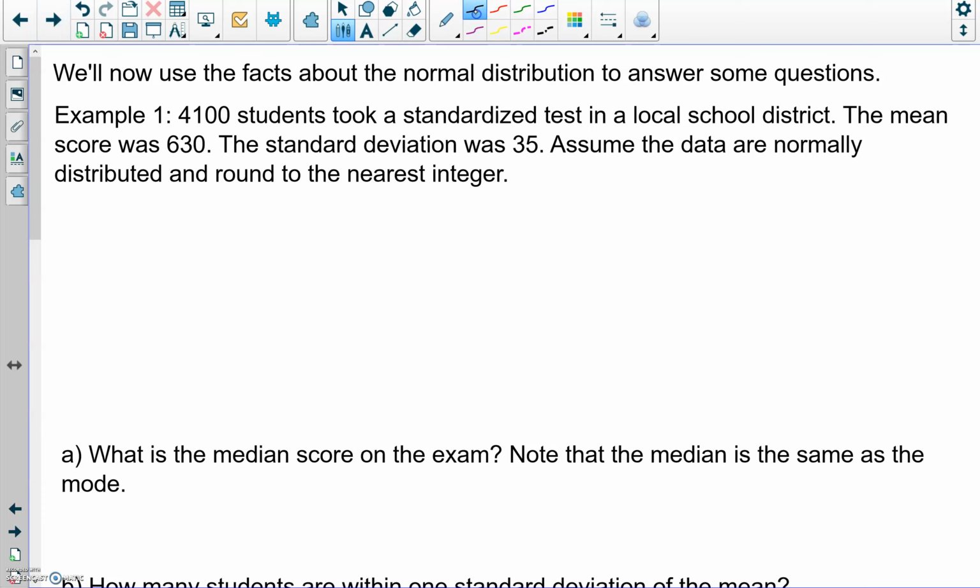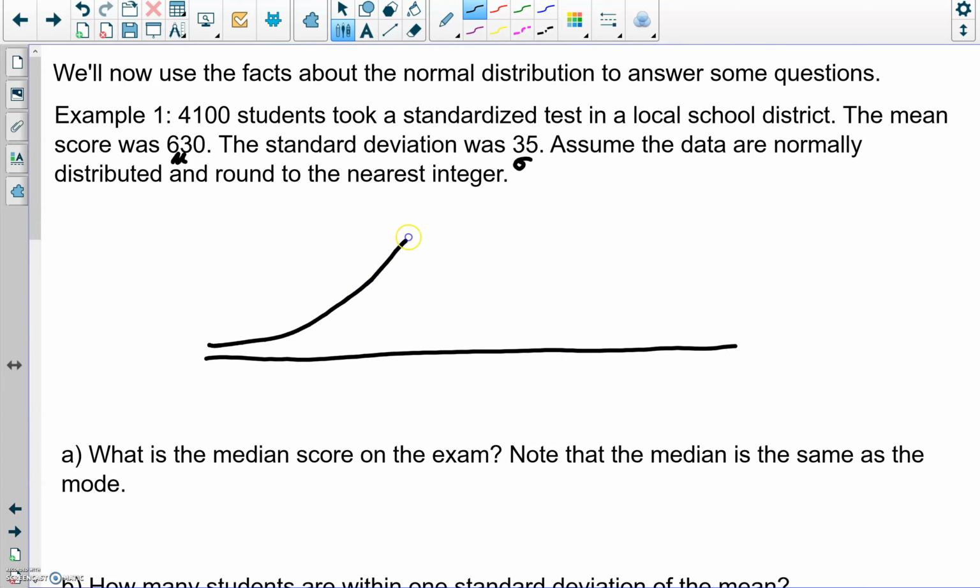So we had 4,100 students taking a standardized test in a local school district. The mean score was 630. So right there, that tells me, okay, there's my mu. And then standard deviation was 35. Okay, I got that. Assume the data are normally distributed, round to the nearest integer. So before I even go down into A, B, C, D, and E and answer these questions, and this is what I expect you to do if you want to get this right the first time, draw out a normal distribution,